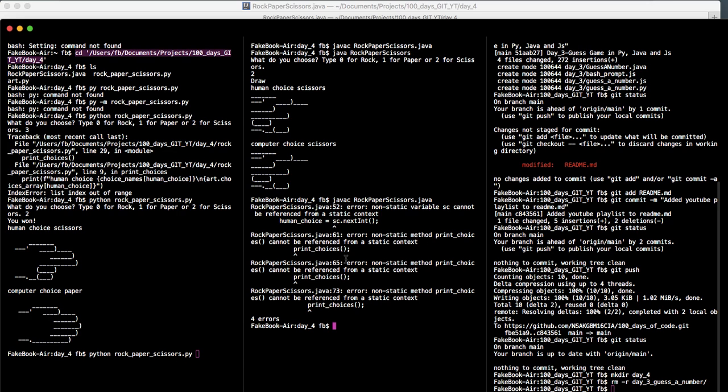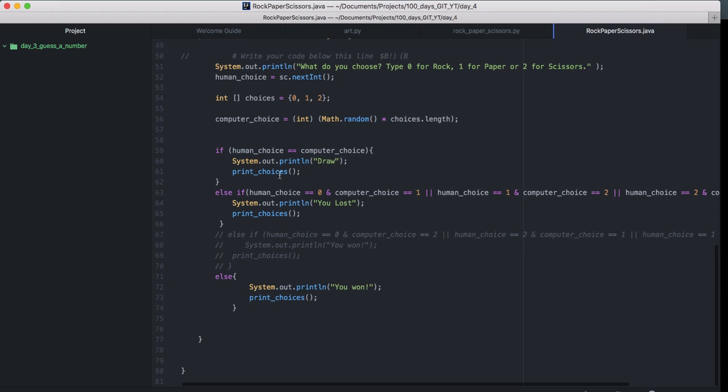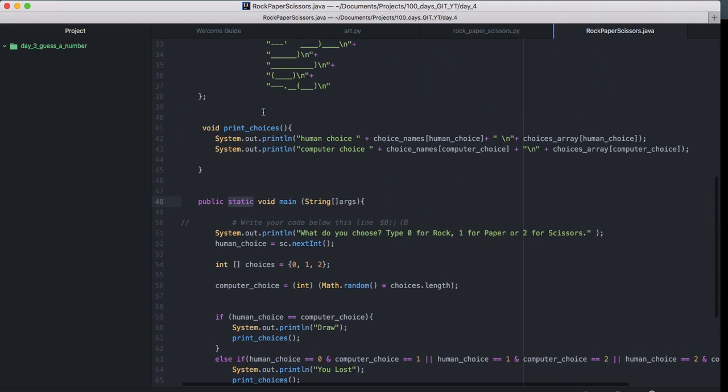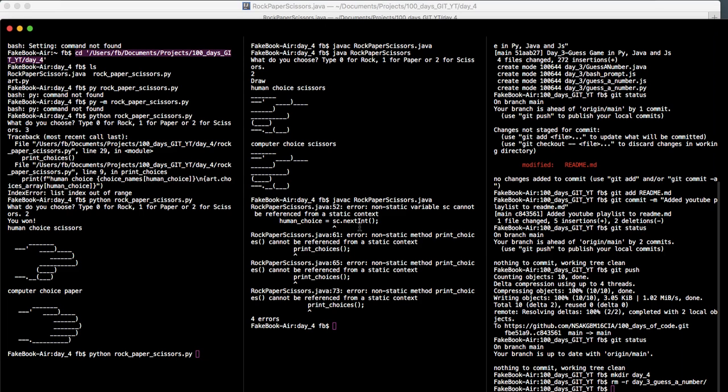Okay. So you notice what I was saying earlier. If you are within this method, which is labeled as static, which means it belongs to the class, and there's no way main can be non-static because Java looks at the definition exactly like this, right? You can change this part here, but this other method signature should stay the same. So it's static from birth, by default. So it has to work with static stuff. So that's why you see here saying, if you want to call print choices, that it's a non-static method, so you can't call it from a static context.